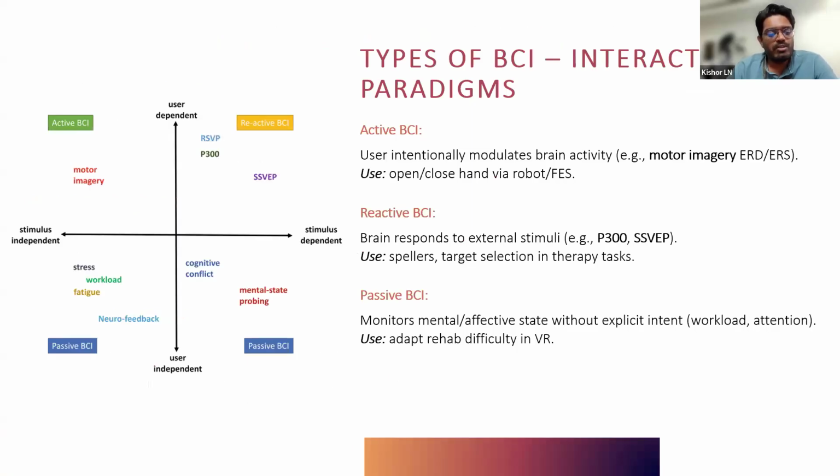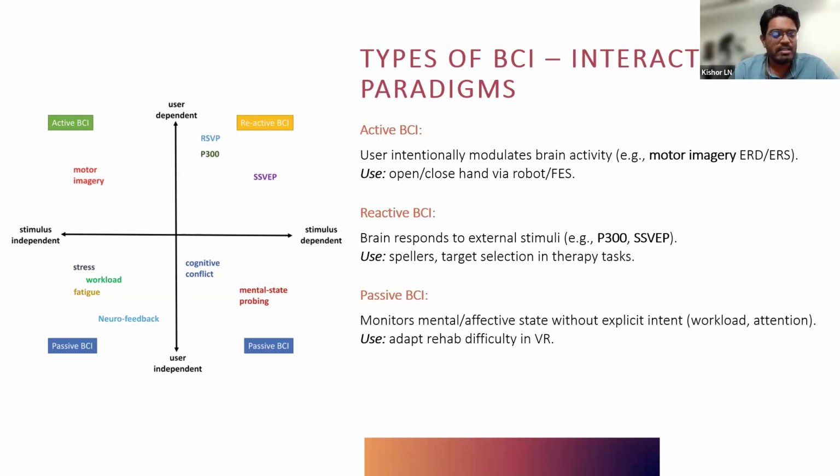Moving on to the next classification of BCI, the types of BCI based on the interaction paradigms. Depending on how the interaction is, you have three types. You have active BCI, where the user intentionally modulates their brain activity, meaning that let's say I have EEG hooked up to a patient, and we ask them to,